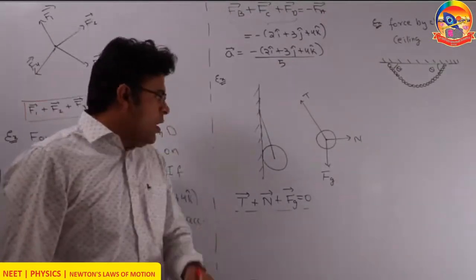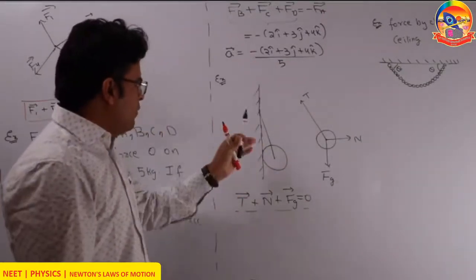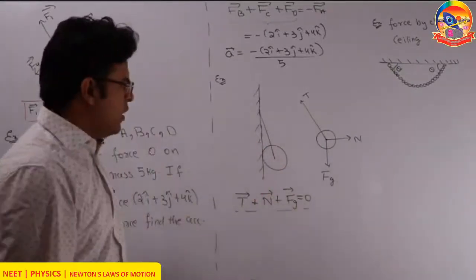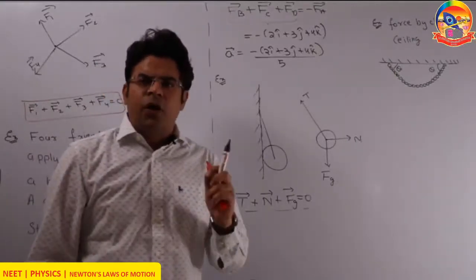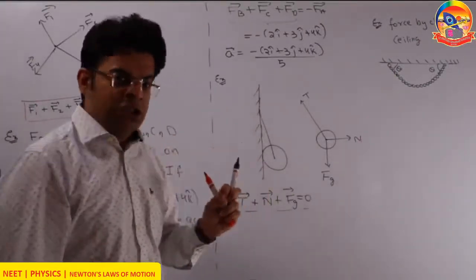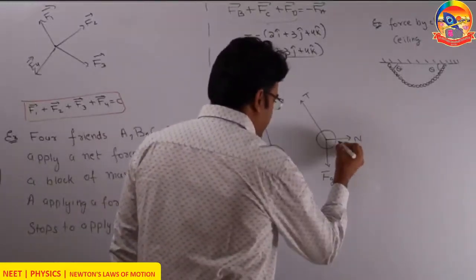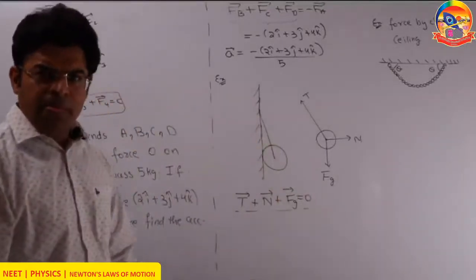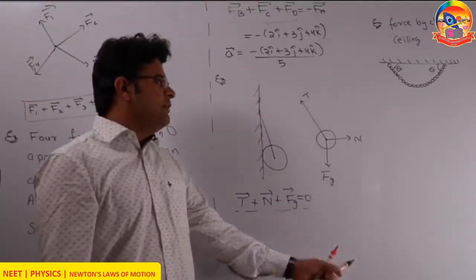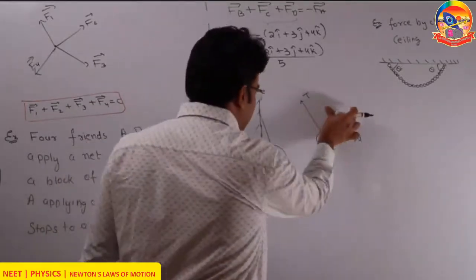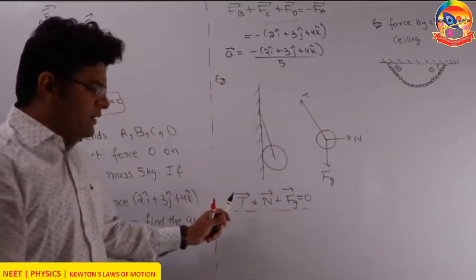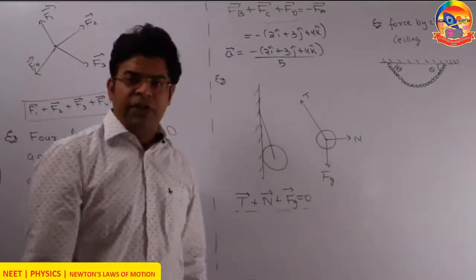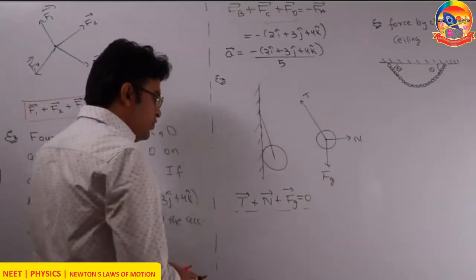Next thing, let's say there is a wall. From the wall connected is a string, and from this string hangs a sphere. If we look at the free body diagram of this sphere, which forces will be acting on this sphere? A normal force by the wall, a force of gravity downward, and a force of tension here. If I ask you what is the relationship between tension, normal, and force of gravity, you can say one thing, look. The vector T plus vector N plus vector force of gravity has to be 0. Because these three forces add up to 0.